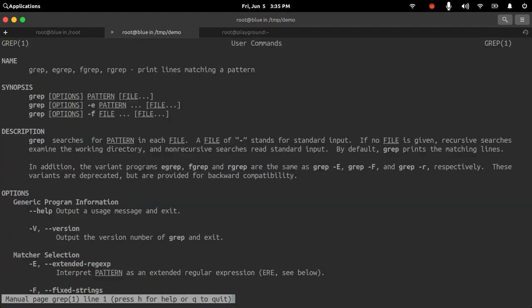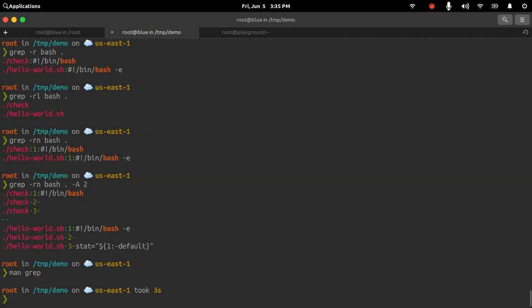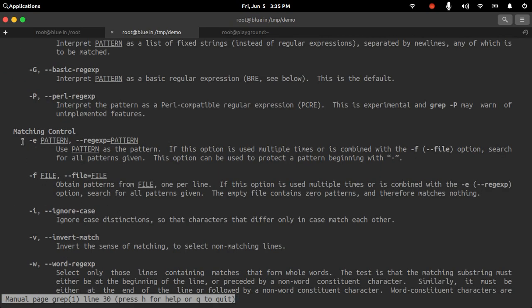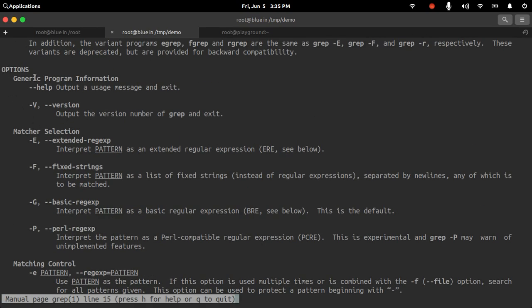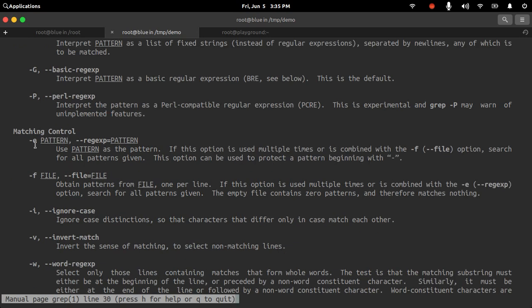So all right, there are a lot of options in grep. I will definitely encourage you to go and check the manual page of grep. Any command's manual page can be checked with man grep, and if you see, there are a lot of options here, and these options can be used widely, and you can use a number of combinations of different options to get to your match string in a particular file or folder.